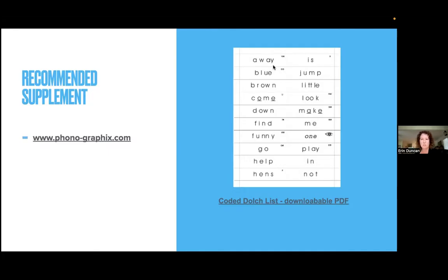And you can use these words to simply read by sound in the same way that we've been reading by sounds with the other words. I would do it in that directed version that we were talking about of the directed reading, where you tell them what the word is and then just direct them through saying the sounds. So if we do that with the word away, for example, I would point to each sound as we said it. I said, we're going to read the word away.